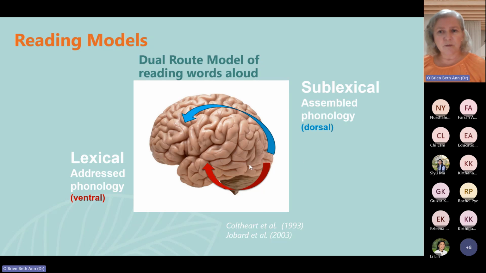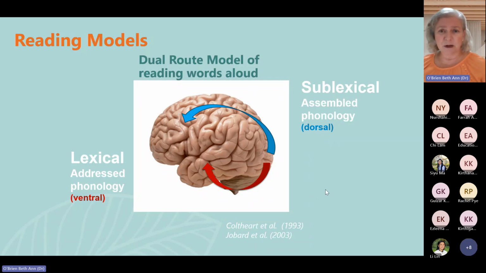So another well-known reading model focuses on these word recognition skills or decoding skills. And this has been an influential model by Coltheart et al., referred to as the dual route model for spoken reading. So this was originally posed to understand the reading of words that are either regularly spelled or irregularly spelled in English. And following this model, it's also been shown that there are multiple neural paths for word reading, which correspond to these theorized dual routes.